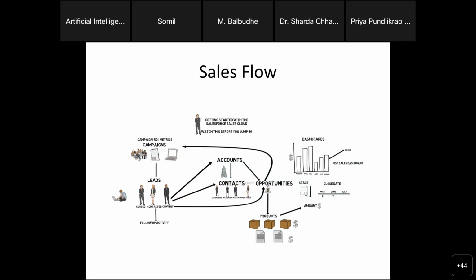This is the actual flow of a cloud, sales cloud. Okay, actual flow, how things work. So first we would be seeing all this for B2B, company to company, business to business. And then the same thing we would be seeing with business to customer, B2C.